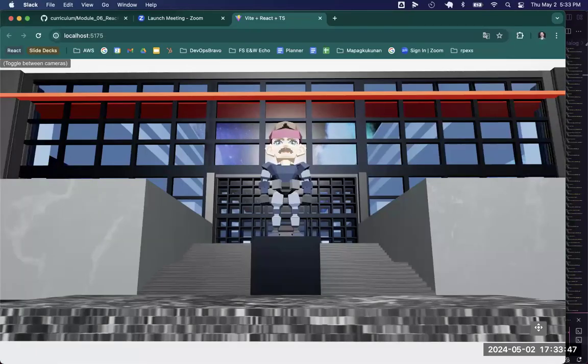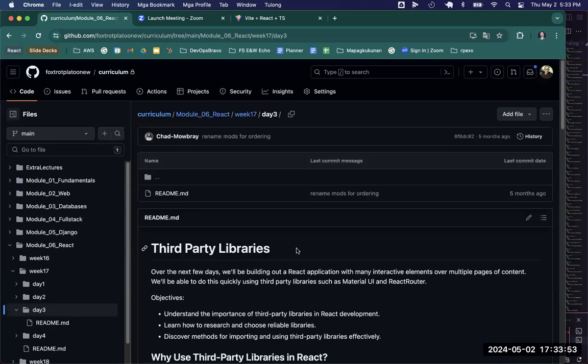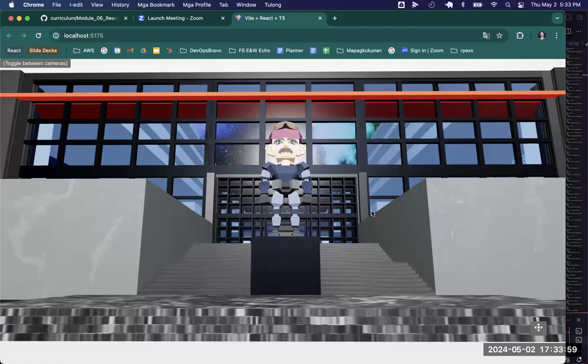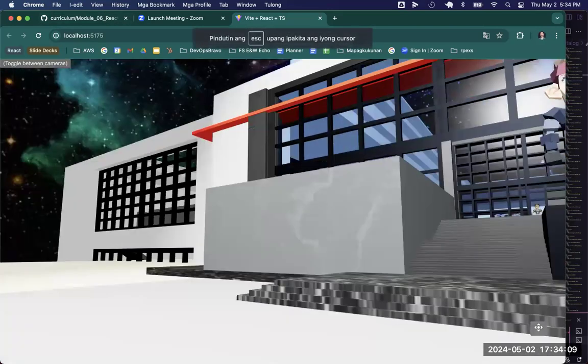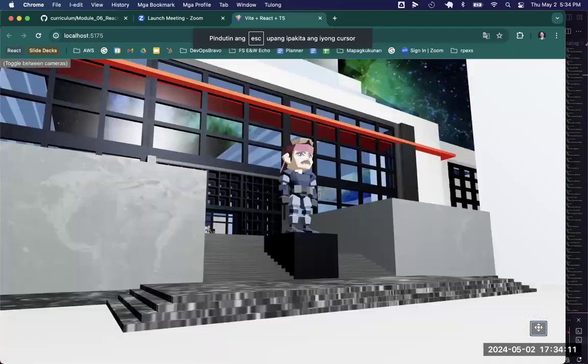All right. I'm just going to kick it off. And what we're covering today is third-party libraries inside of React. There are going to be two in particular I want to cover. We'll do Material UI for the lecture, and then anybody that wants to hang around after the lecture can